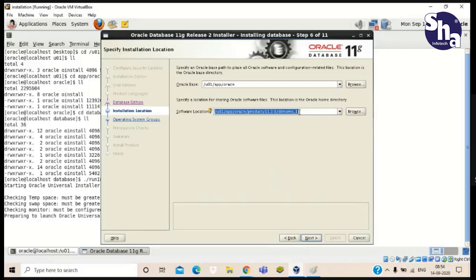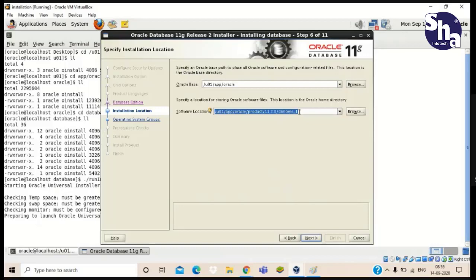So we can say that Oracle Base is our root directory for Oracle, where we keep the original Oracle software with its versions, and it is very essential. Though it is not necessary that we keep the Oracle software in this location only. You can keep it anywhere, but this is a standardized form.